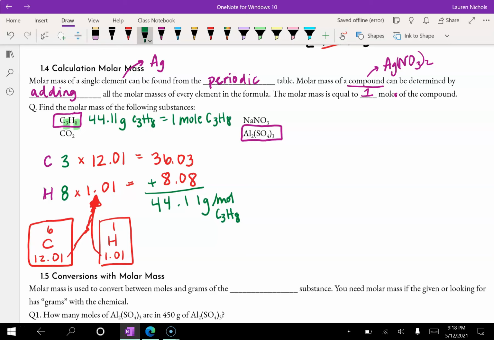It's equal to Avogadro's number, 6.02 times 10 to the 23. And they all weigh different things. So just like 12 donuts is going to have a different weight than 12 people, but they're both 1 dozen, 1 mole of a particular chemical is going to have a different weight or mass than 1 mole of a